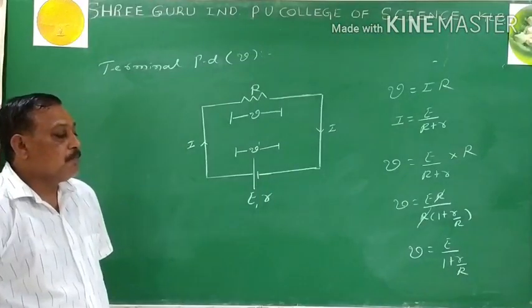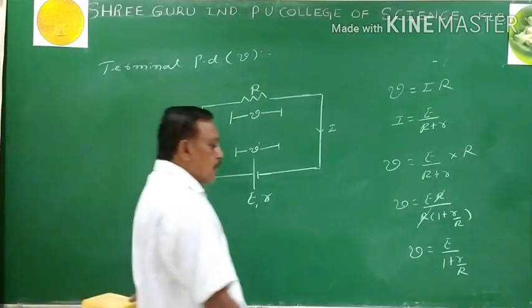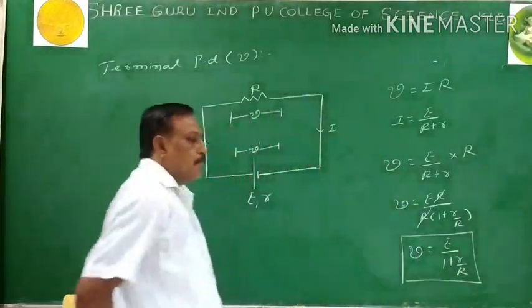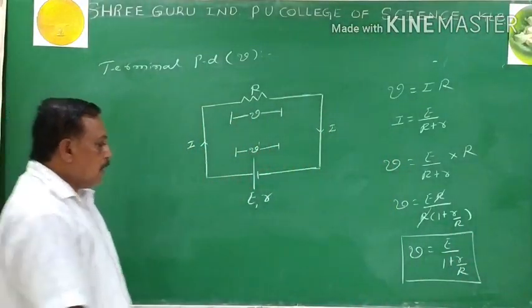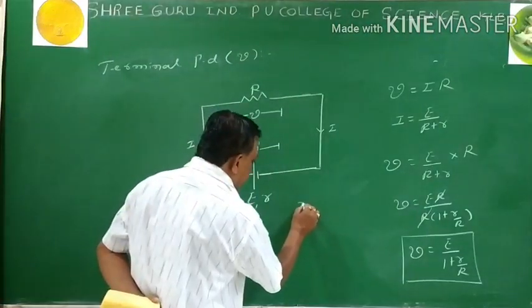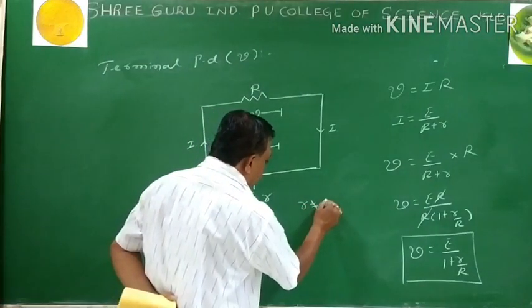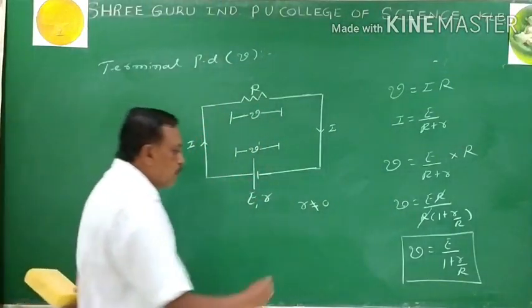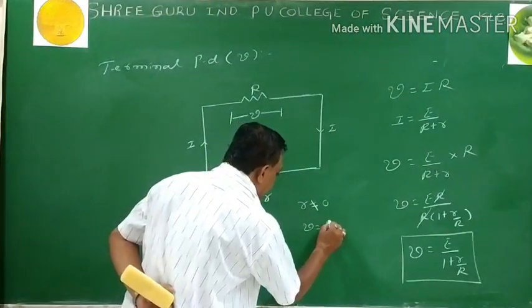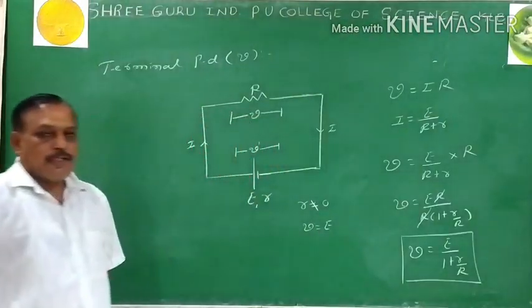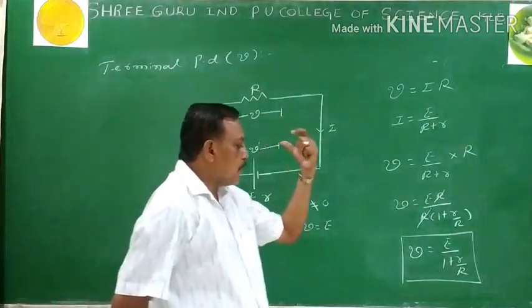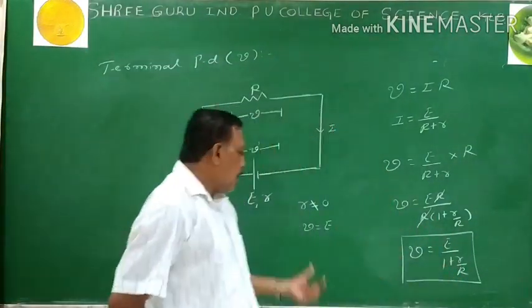Then it reveals a certain important factor. That equation contains an important factor. What is that important factor? The internal resistance of the cell never becomes 0. r is not equal to 0. But I want to make V equal to E. I want to say that the potential difference is equal to the EMF of the cell. Then what is that condition? r never becomes 0.